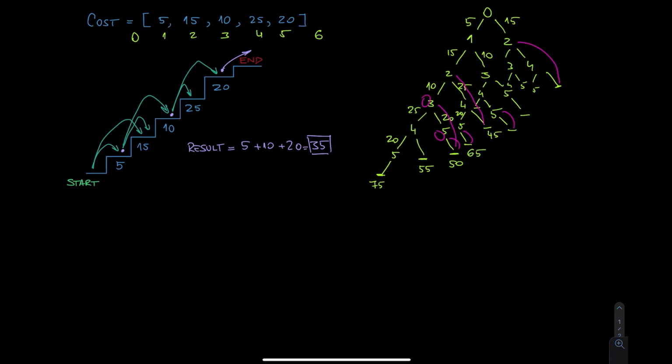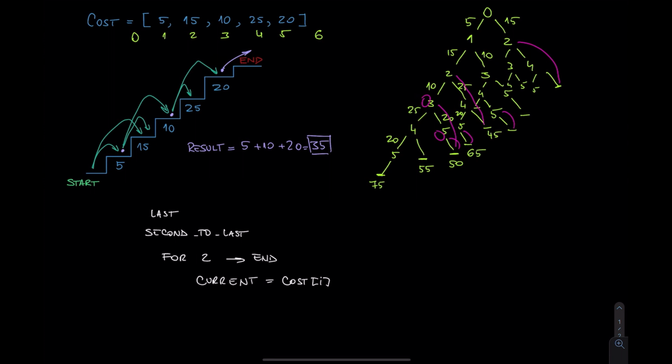So how do we do that? If I were to write this in some kind of pseudocode, I would create a last step and the second to last step, second to last, and I would keep my previous two results in these two variables. So now, because I have the last two, if I would have to loop through the array, I would go for 2 until the end, and I would say what? I would say that current, I'll have to keep a current sum. Current is the cost of i, so the current step where I am, plus the minimum between the last two